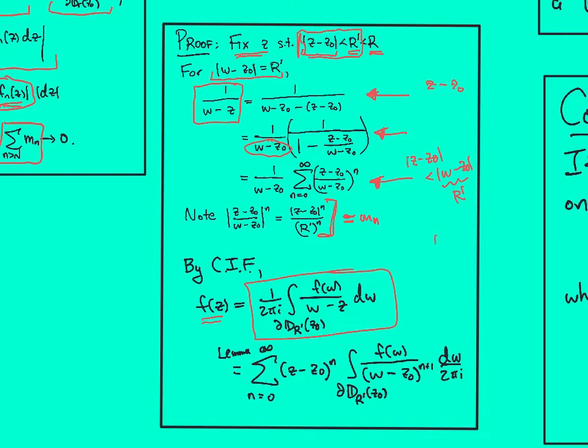And then I use my formula for 1 over w minus z, and I have the right bounds to apply the lemma. So I put in this infinite sum for 1 over w minus z and pull the sum